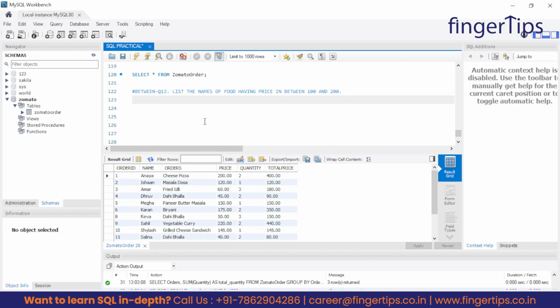And at last we are going to learn the between operator. This between operator is used to select values within a given range, and remember guys, this operator is inclusive. Inclusive means, let's say I want to list the names of all the food items having price between 100 and 200, right? So inclusive means this 100 and 200 will also be included in these. It means I will get the names of all the food having price either 100 or more than that, and 200 or less than that, right? So we will just write a query for this, that is